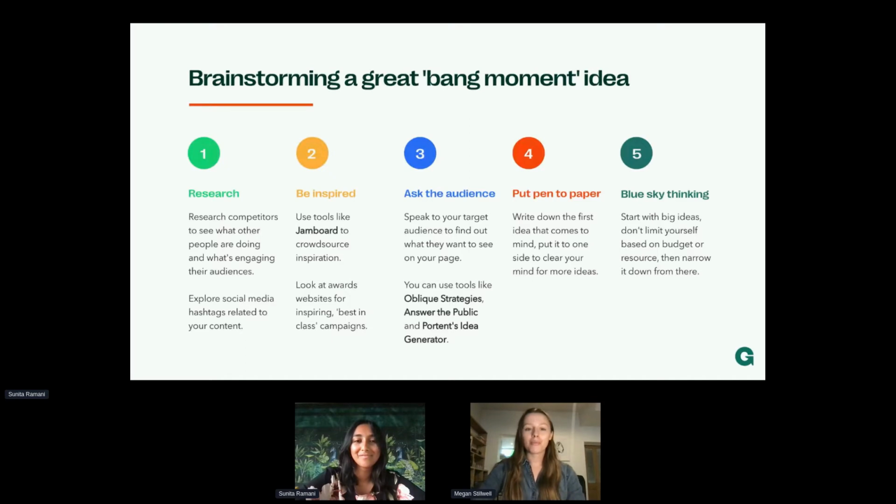So starting with Oblique Strategies. Oblique Strategies are a set of statements and questions which are designed to get your brain thinking creatively. They're a set of cards created by Brian Eno and Peter Schmidt, and they are just the most random statements that get your mind darting in different directions. One of the ones that I really like is "listen to the quiet one," because I'm a loud person. So having someone in the room who maybe hasn't spoken their mind yet, and it could be even more broad than that, but they get you thinking and send your mind in different directions. The next one I mentioned was Answer the Public.